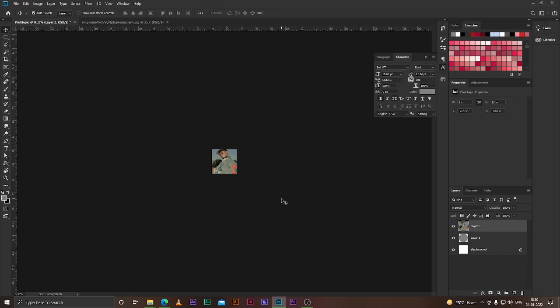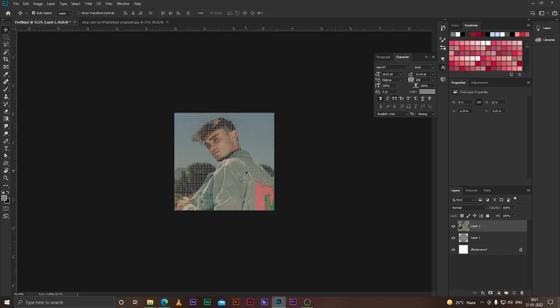Yes, you can put it right over here, control V. Okay, then now you can resize it. You don't need to resize that now.